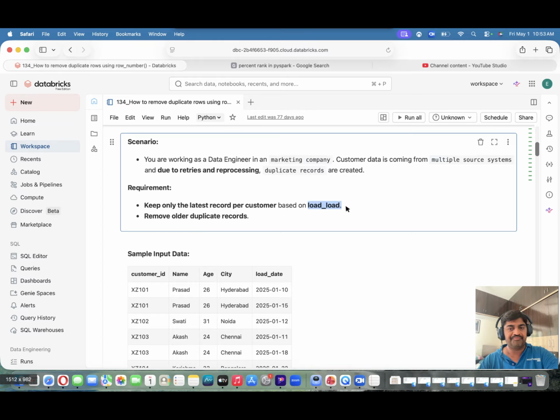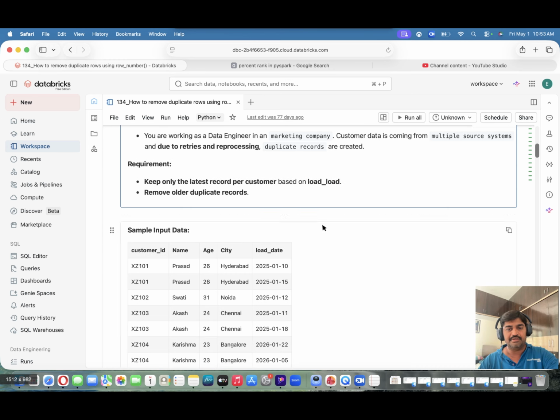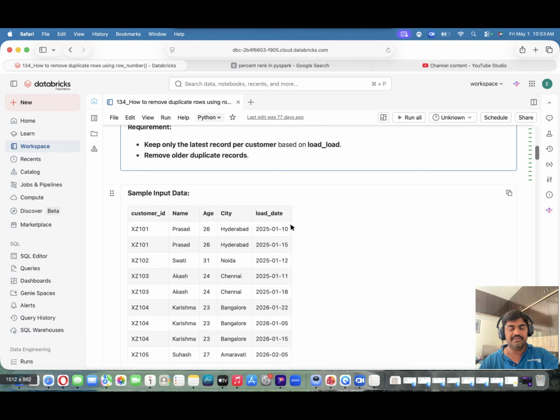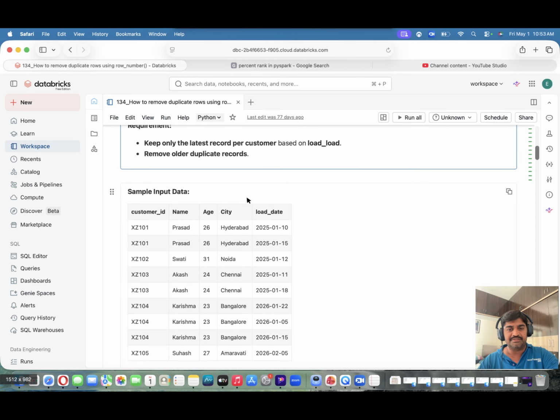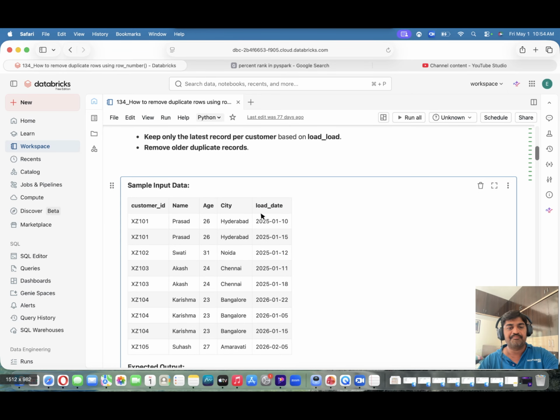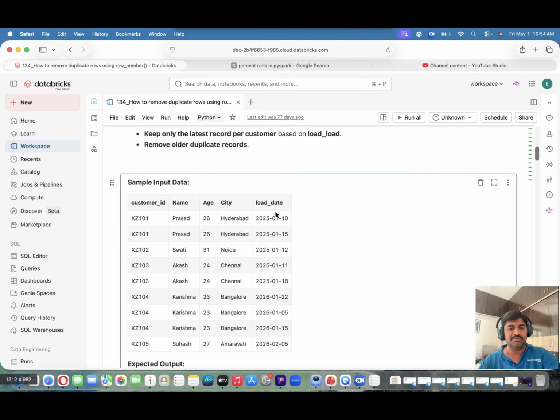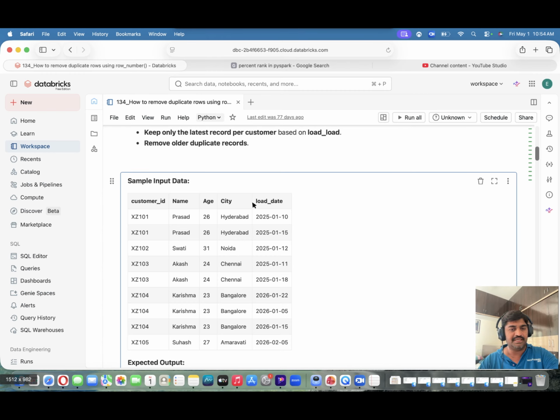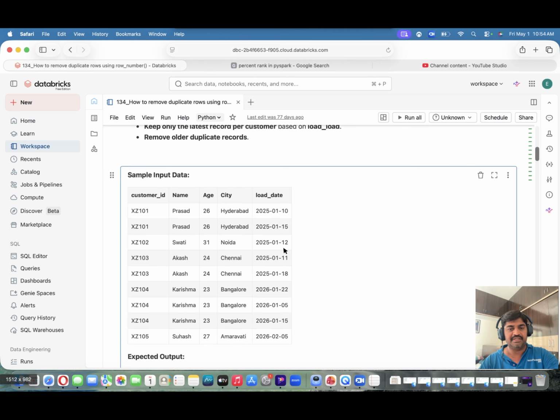So assume that from bronze to silver, the pipeline runs every day. Whenever the pipeline runs from bronze to silver, once the data is moved, one load date column will be added. This we can call a metadata column. Why we add this column is that based on this load date, we can come to know how many records were generated on one particular day. And if the pipeline runs multiple times,